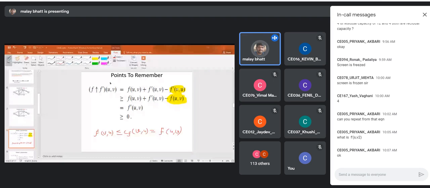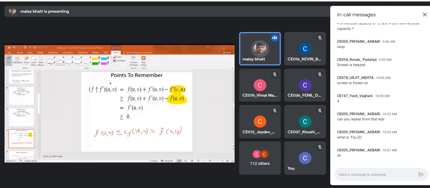So what it is telling? That when you do an augmentation by augmenting path, if the actual edge is considered, then you will get some positive value, because augmentation will always improve your flow.